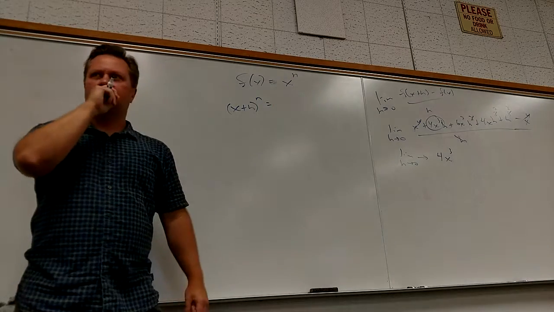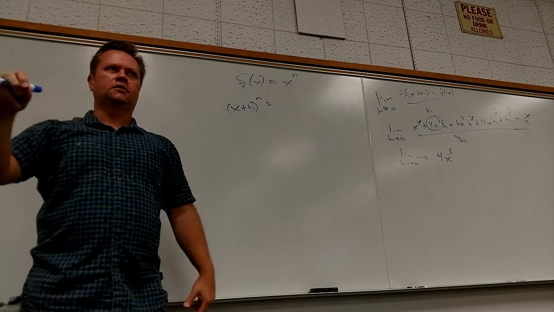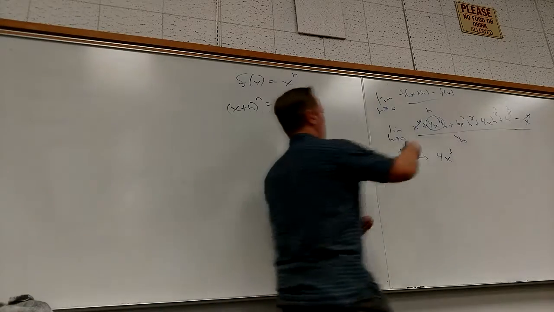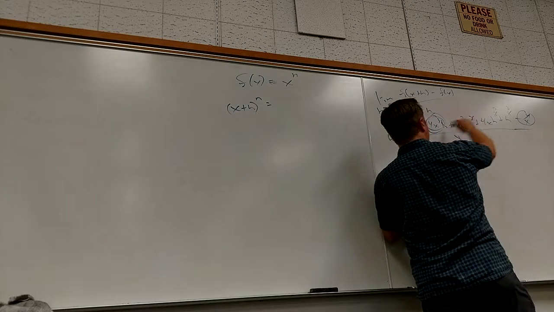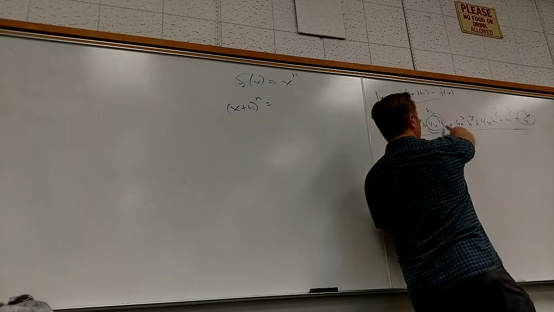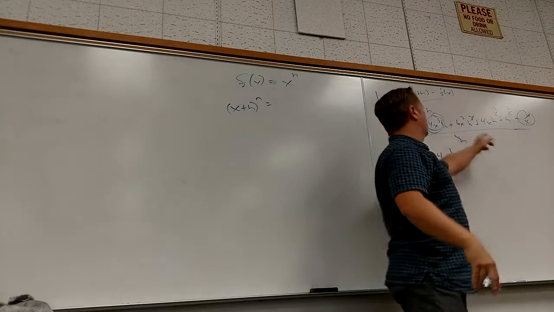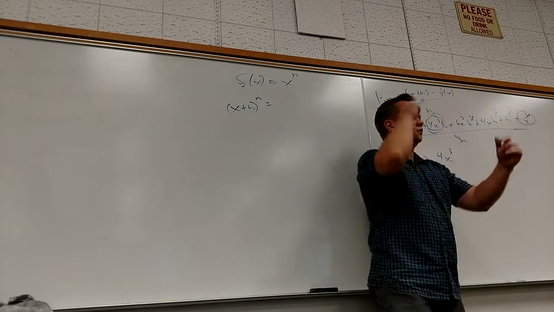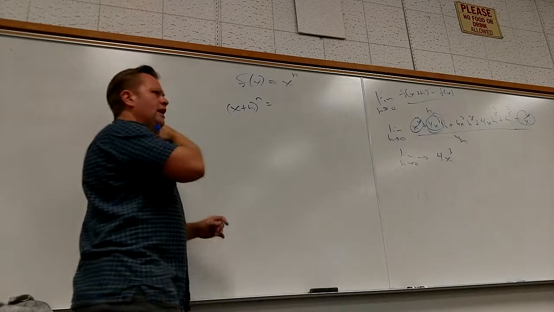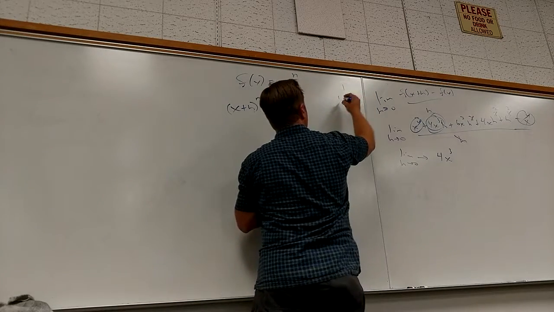Don't freak out. I'm not going to want every term. The only terms I need are this one, because it dies with this one, and this one, because it's the only one that's going to be left around. It's the only one where the h goes away, so that it doesn't go to 0. I don't really care about the first two terms. So once I get down to the nth level